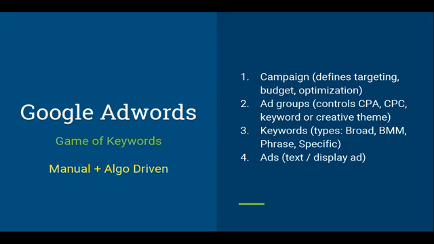BMM is a version of broad where you're trying to tell Google that don't show it to people who are searching for Amitabh Bachchan movies or Hindi movies. Show it only to people who are searching for anything that has Bollywood as a term within that sentence. So, for example, if somebody is searching for how to watch a Bollywood movie, or where can I see a Bollywood movie, or what are the latest Bollywood movies, all three of them will see your ad if you say BMM Bollywood, where you need to add a plus symbol before the keyword to make it BMM, right?